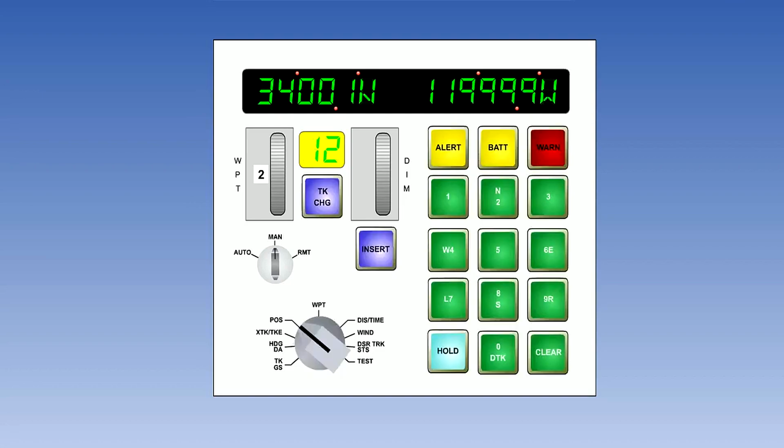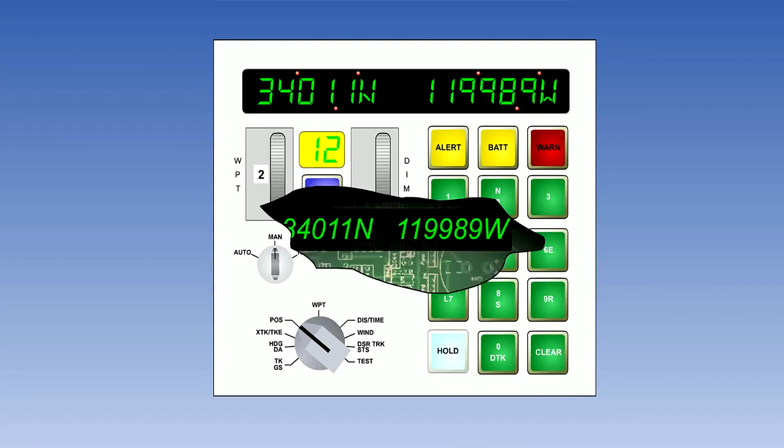On pressing the hold button with the rotary selector in pause, the LEDs freeze and the hold button lights up. On pressing the hold button the second time, the light goes out and the display unfreezes to the new present position. Whilst the hold light is on, it is only the display which is frozen. The internal calculation of present position continues.